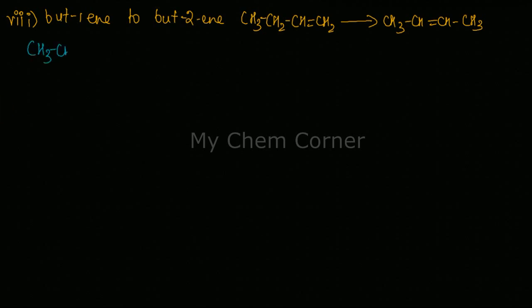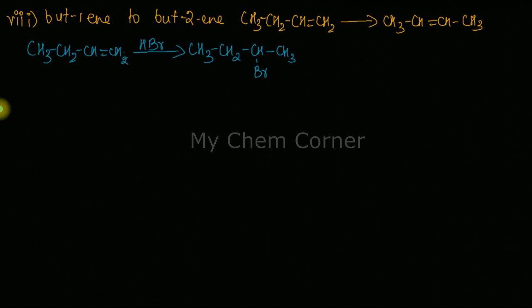I have CH3, CH2, CH double bond CH2. So first of all, I want to remove the double bond by adding HBr following Markovnikov's rule. So I'll put CH2, CH, Br and the CH3. Alright, now once I do this,